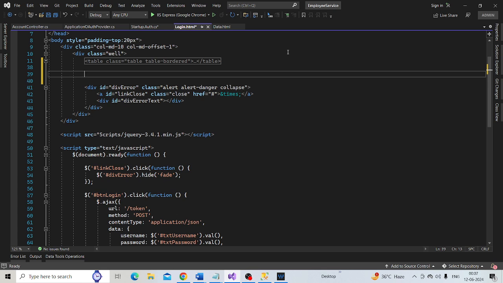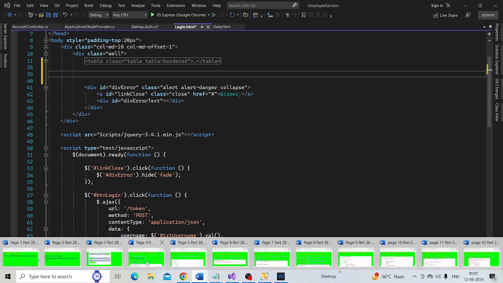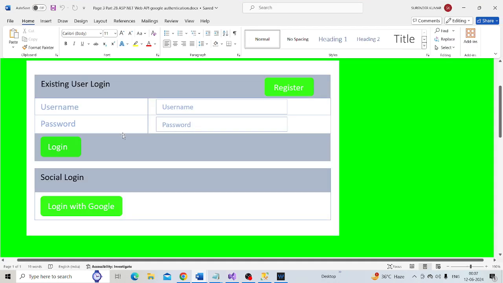So let's open the login.html page, and just after the existing user login table, we want this social login table.